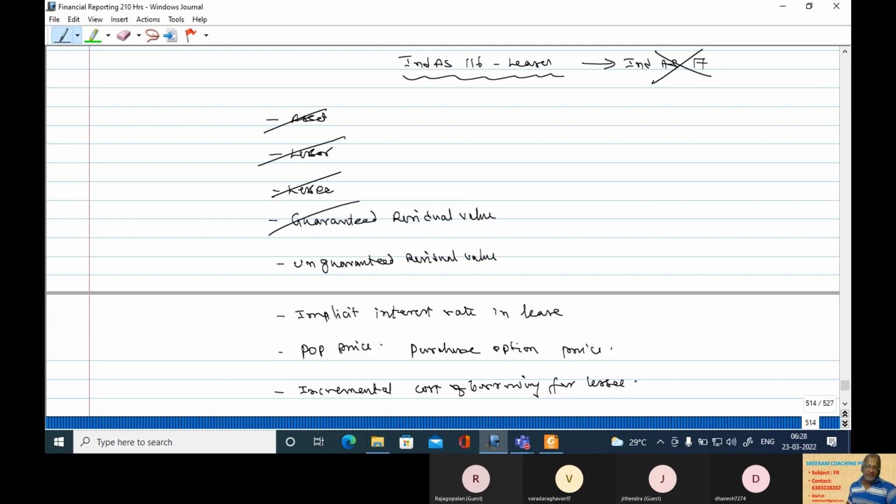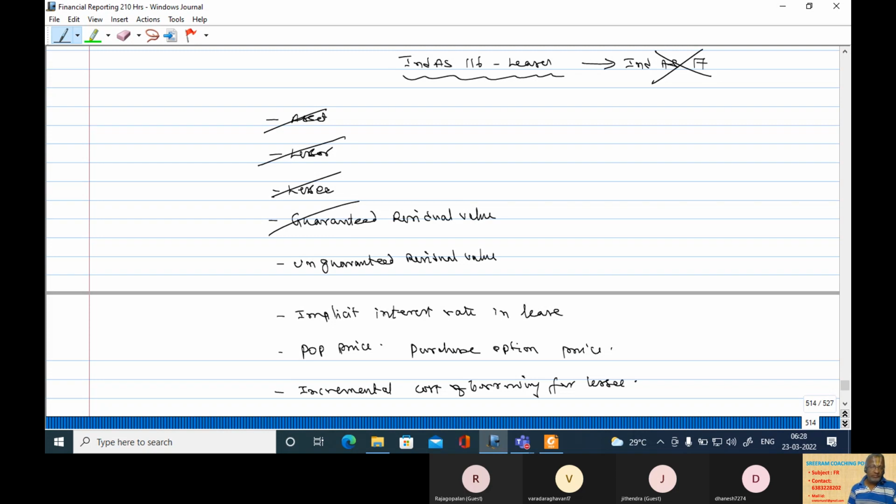Unguaranteed residual value is nothing but the difference between the residual value and the guaranteed residual value. Implicit interest rate in lease. What is the implicit interest rate in lease? Interest rate implicit in lease, you can put it that way also, IRIIL, which is nothing but IRR from the viewpoint of the lessor, where we should take into consideration the cost of the asset that is financing, or the fair value of the asset that is financing, plus initial direct cost. These are the two outflows that you will be incurring. The inflows that you would be experiencing are the lease rental plus guaranteed residual value as well as unguaranteed residual